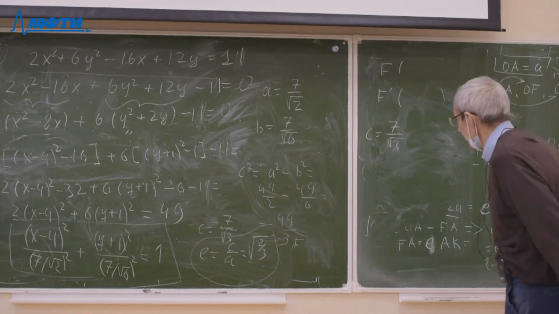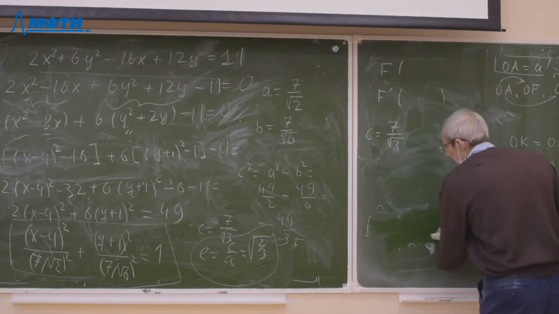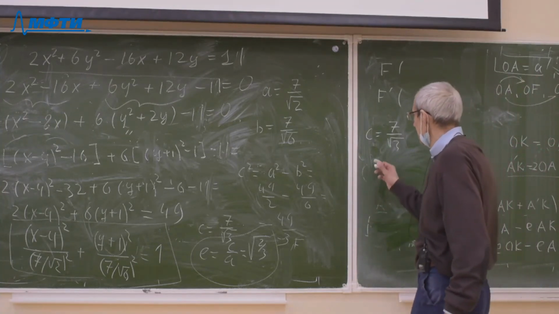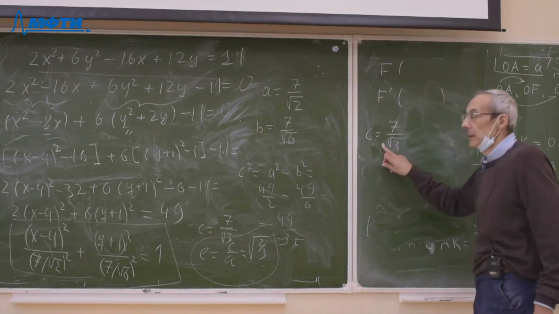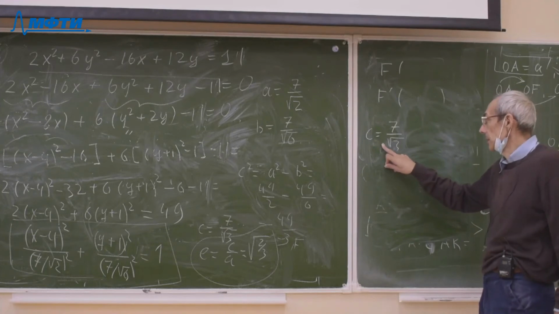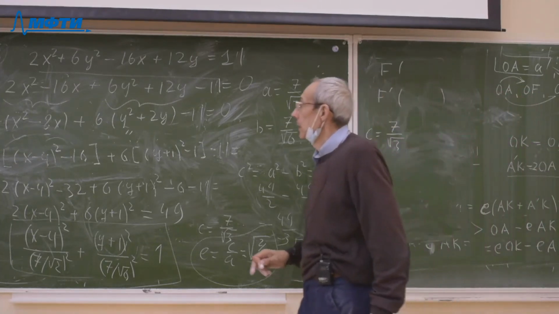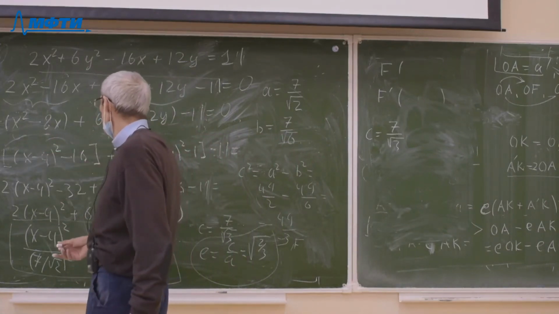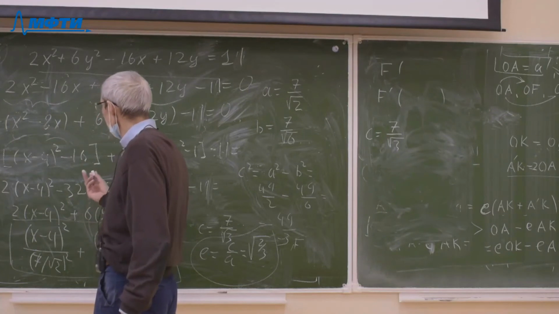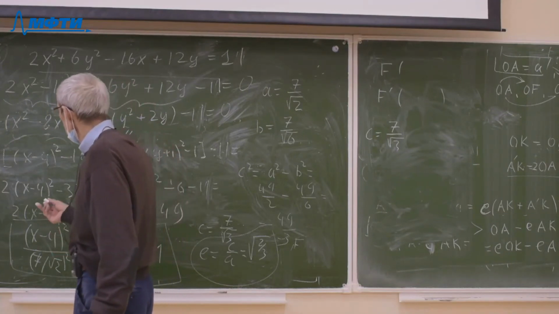It is easy to see that in the canonical coordinate system, the coordinates of the foci are plus minus this value, 7 root square 3. But in the initial coordinate system,